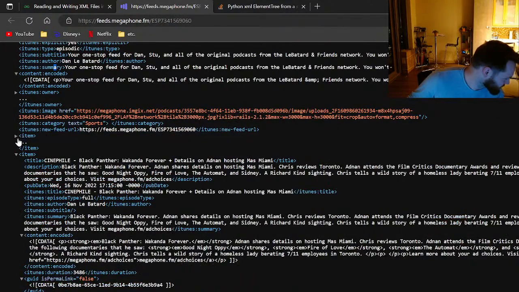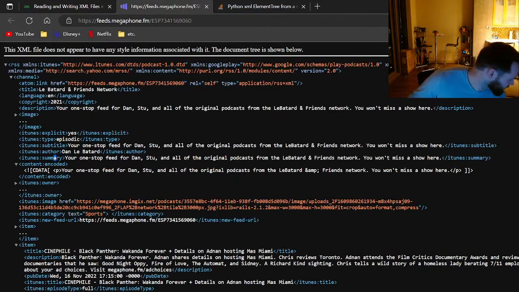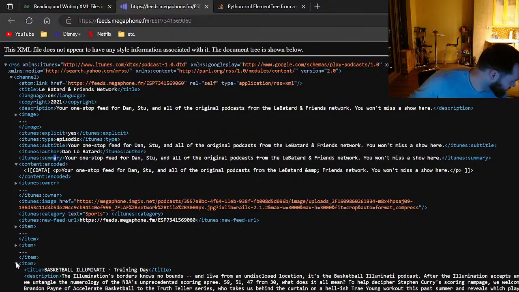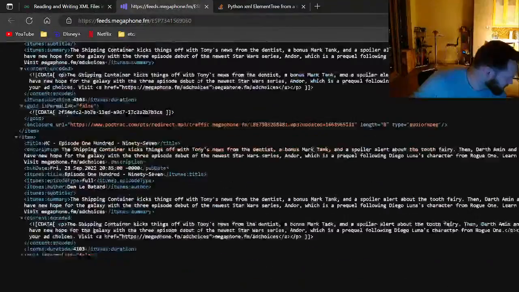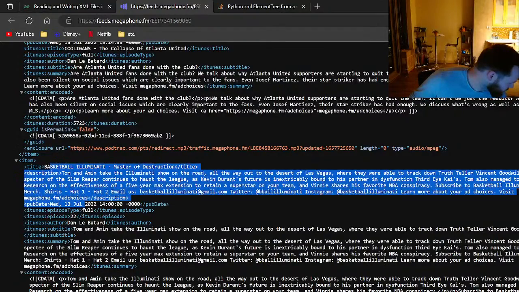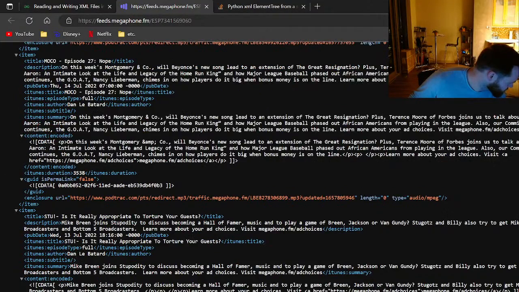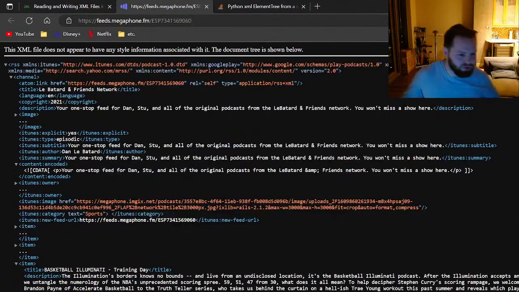So the items is what we're actually going to care about. And so these are just summed up item by item. I'm going to drop down to the bottom here, find the last item. Basketball Illuminati. And then if you close this, close the Cooligans, and then just close that. So it's literally, after that, just a list of items. So instead of the find, I should be able to use the find all. And so we'll say episodes, or